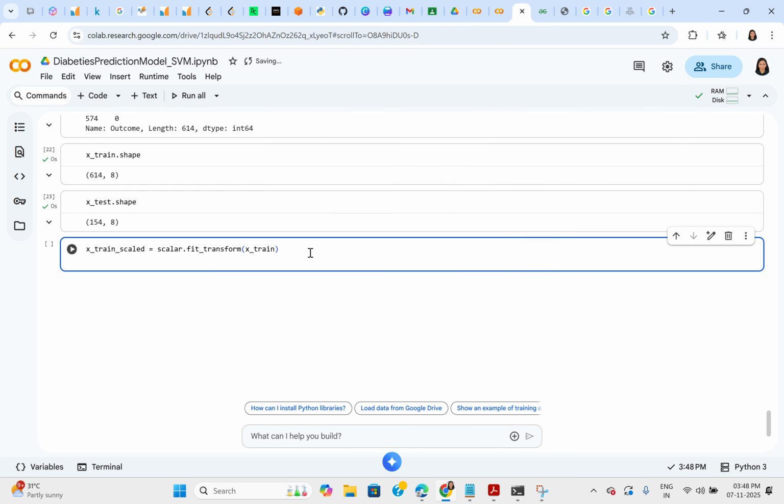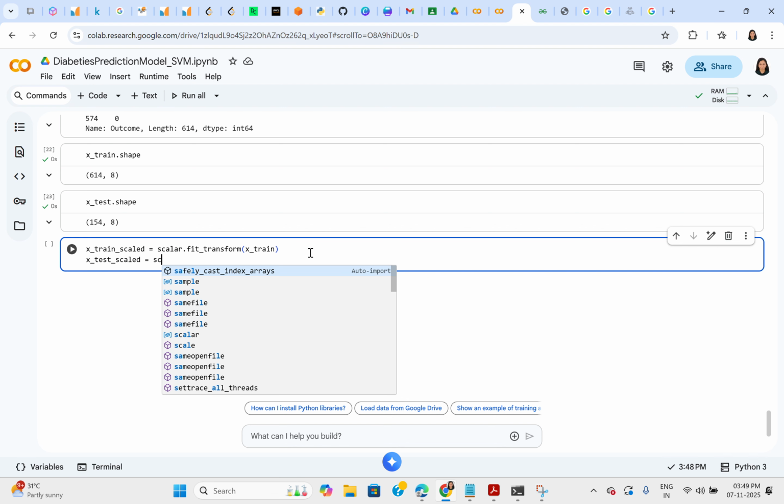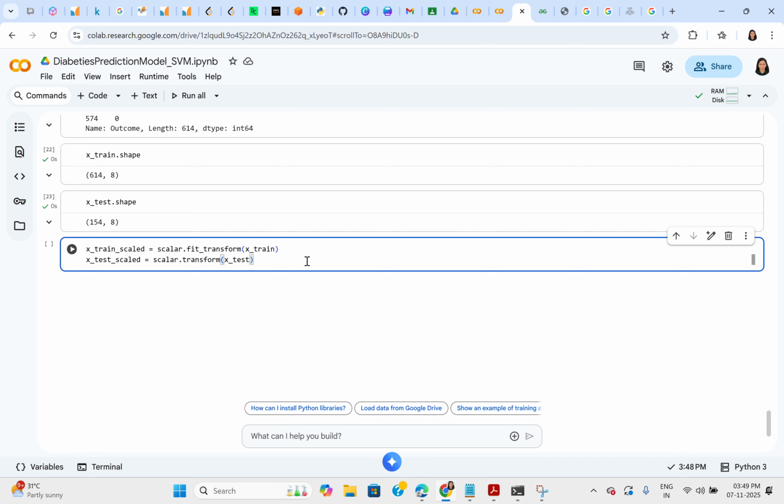Okay, and we will also apply the same on the testing data: scaled equal to scalar dot transform x test data. Okay, so the reason why we apply a fit transform here and a transform here is that